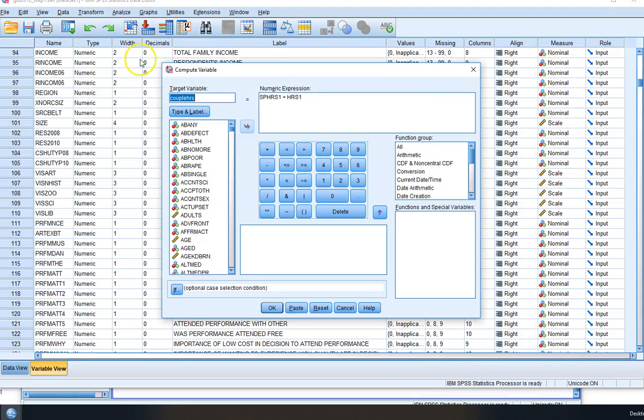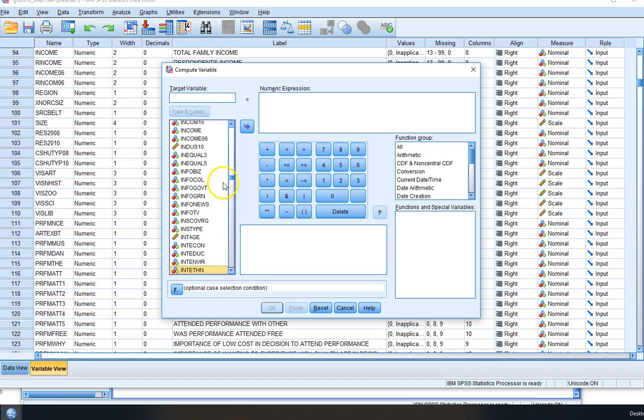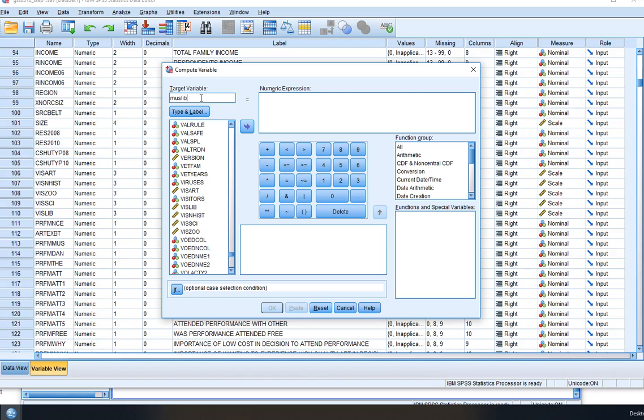So transform, compute variable. I'm going to reset so that I can start fresh, and I know that I need to display my variable names and sort alphabetically. Let me get down here to my VISs, VIS art, and so forth. Here we go. All right, so my new variable is going to be muslib. Hey, that's kind of funny, muslib. I'm going to leave it like that. Muslib, museum library attendance, and that's going to be visart plus